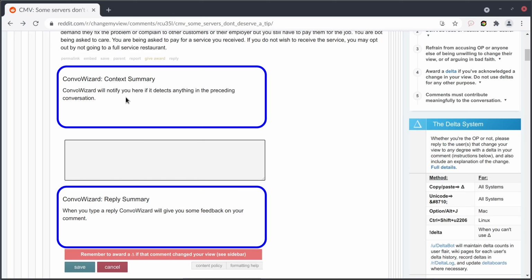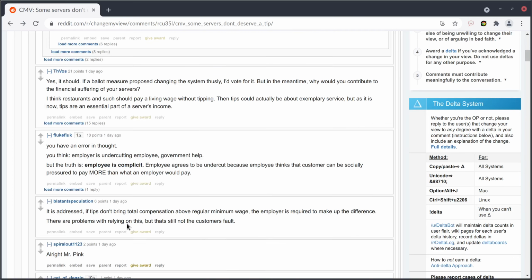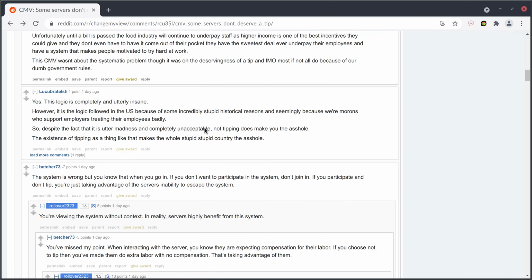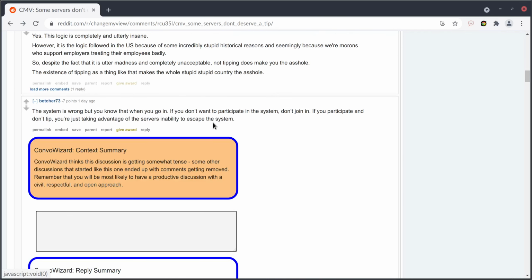As we can see, ConvoWizard does not see anything out of the ordinary in this context. Now, let's take a look at a different context. ConvoWizard thinks this context is slightly risky and displays a warning accordingly. Notice that the color of the feedback box also changes to give a visual indicator of the risk. The warning text and the color are both determined based on the CRAFT algorithm's score.